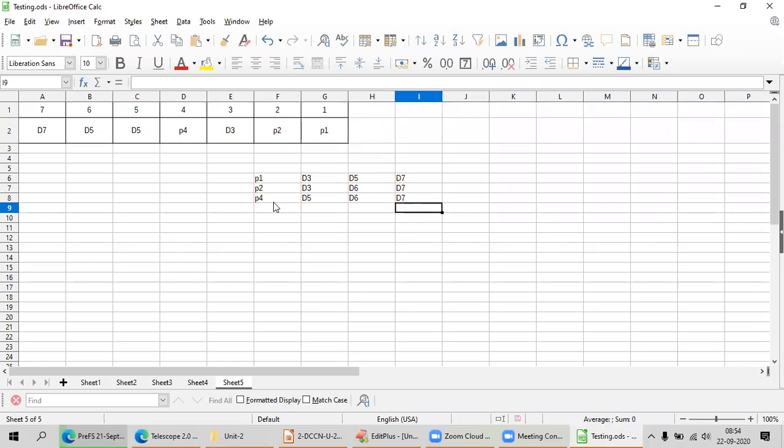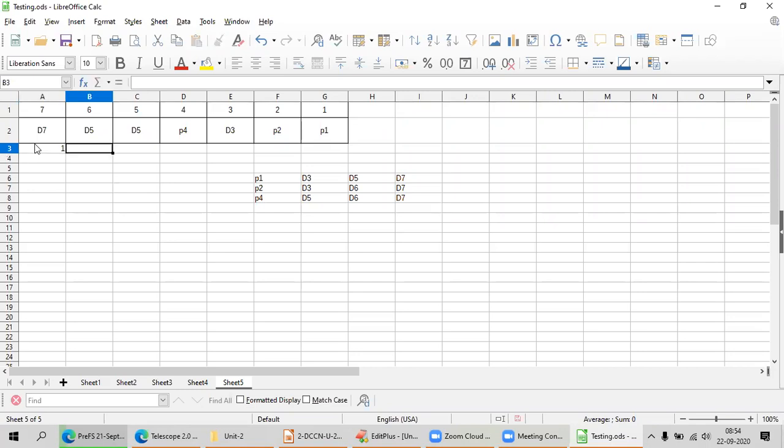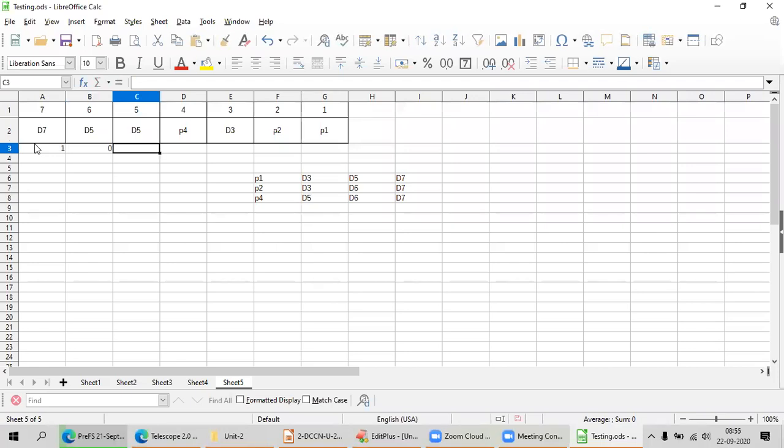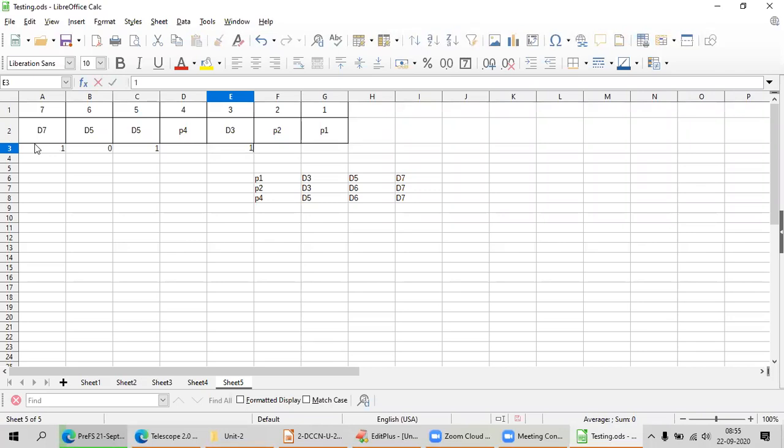If I am sending the message 1, 0, 1, 1, in this case I have to add the parity bits.